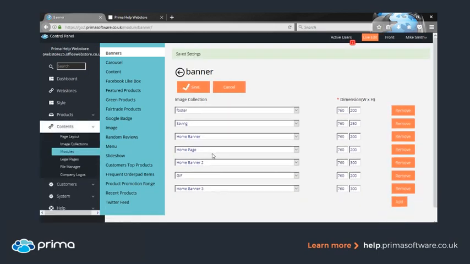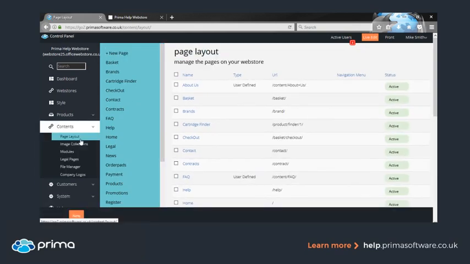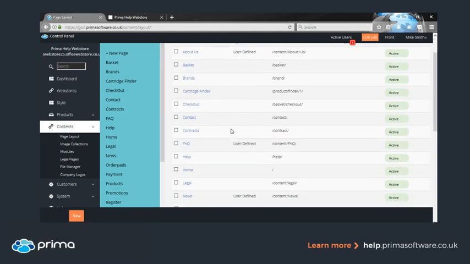Now it's actually time to add the banner to the home page so we can see what the image looks like on there. What we want to do is go to Content and Page Layout. This page layout is where you can see all the different pages that you've got in your store. You can add modules to pretty much every single one of them, but just for ease of use, we're going to be adding this to the home page. So you select Home from the list and click the link,